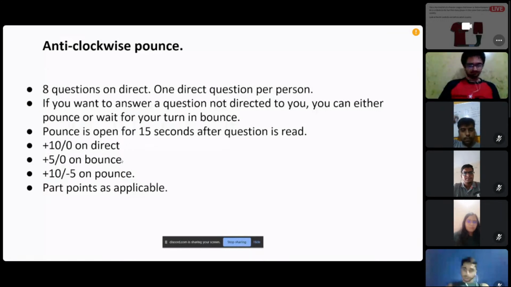I mean, I pounced on a question, so my marks are showing negative. It is -5. So it means I skipped that question. So if I pounce on any question, then I can get negative marks because of that question? You are P5, right? No, I'm P7. P7, you have pounced, but you have not answered. You have taken the risk, no? So you will be rewarded with -5.